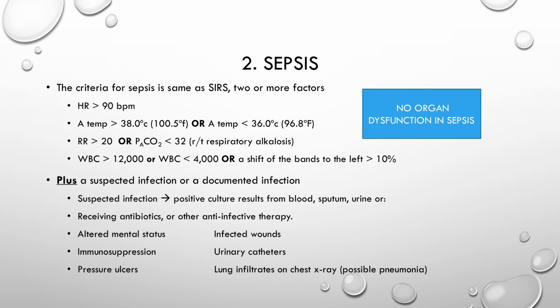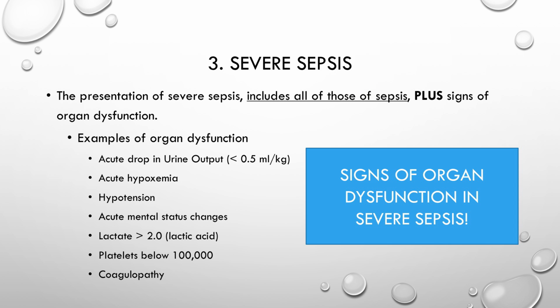Remember, in sepsis, there's no organ dysfunction. So moving on from sepsis to severe sepsis, this is the presentation of severe sepsis, which includes all of those of sepsis, plus the signs of organ dysfunction. So you have the 2 signs of the systemic inflammatory response syndrome, plus a suspected infection, and signs of organ dysfunction. Examples of organ dysfunction include an acute drop in urine output, acute hypoxemia, hypotension, mental status changes, lactate